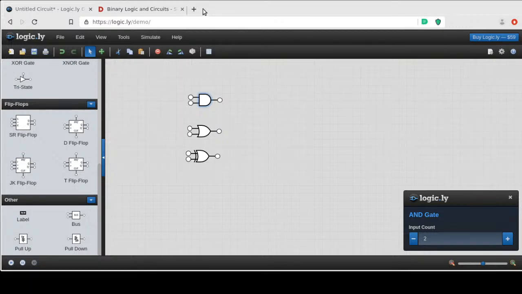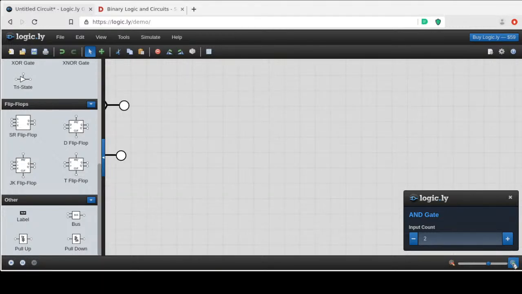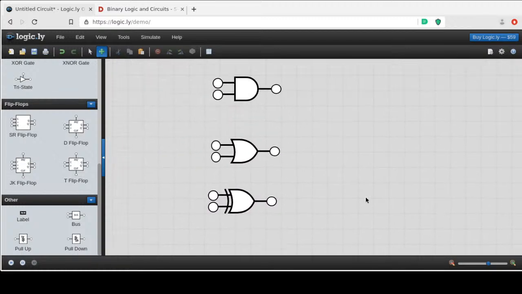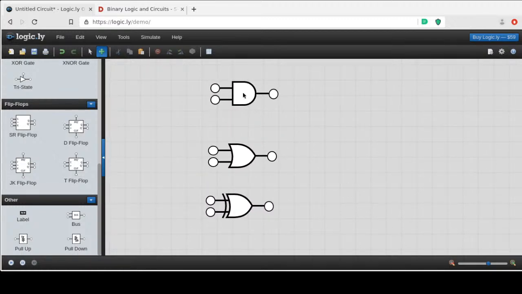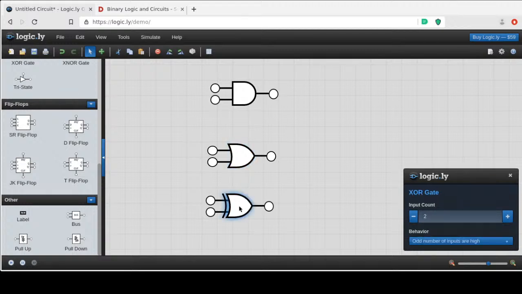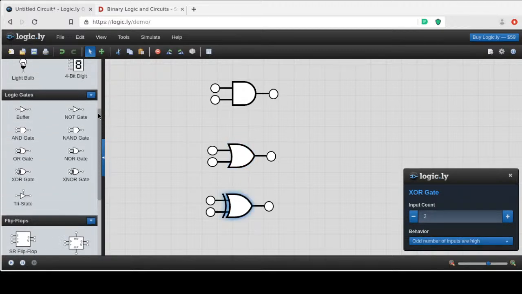I think I can make that bigger. How do I make this bigger? Whoops. There we go. That's a little bit bigger. So the top one here is the AND gate. It looks like a bullet. The next one is the OR gate, and then the one below it is the exclusive OR, and the NOT gate looks like